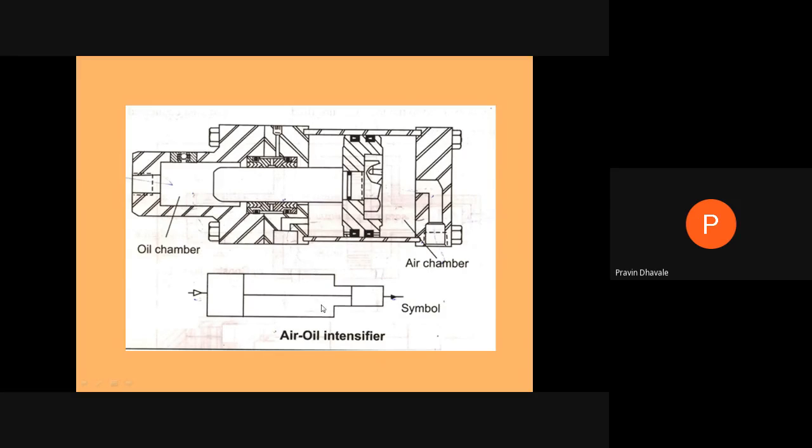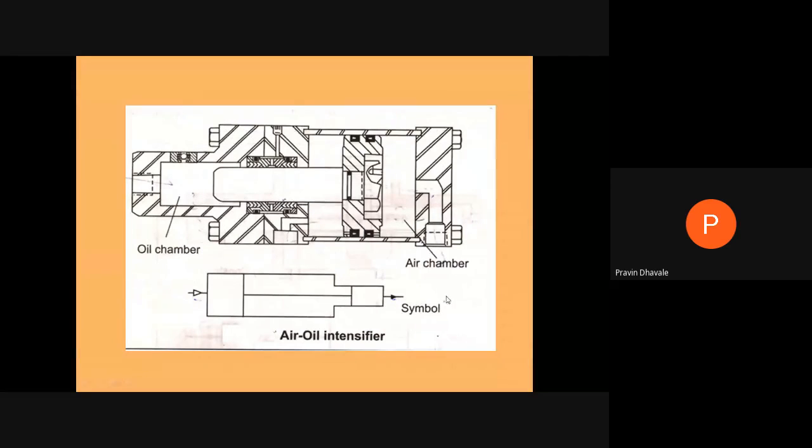Means one side of the piston is provided with the pressurized air. Low pressure and high volume air will pass to the cylinder. It will push this piston toward the right. And due to movement of this piston toward the right, the smaller piston will be moved in a forward direction. At that time, whatever fluid is present in this space, the high pressure side, the pressure on this fluid, that is the oil, will get increased, and we are supplying the high pressure oil to